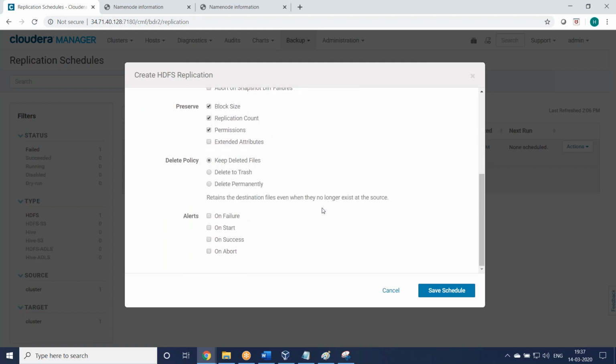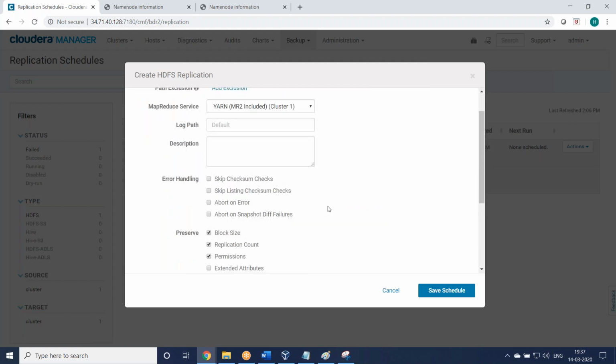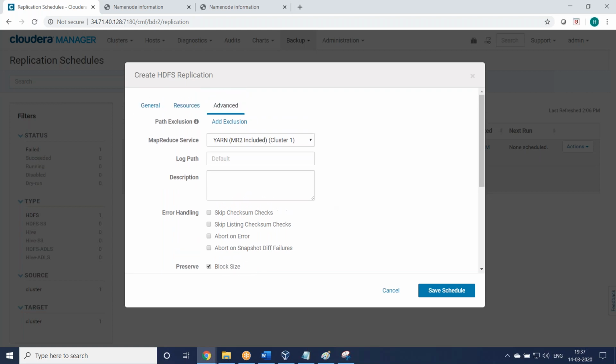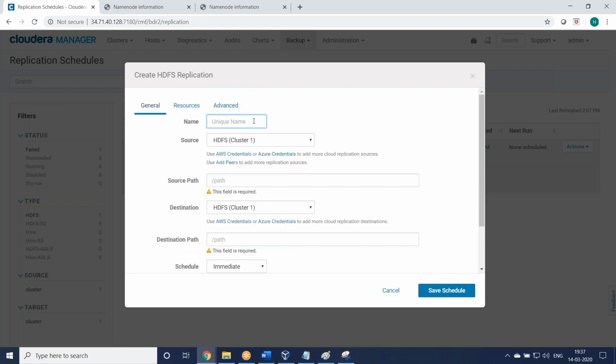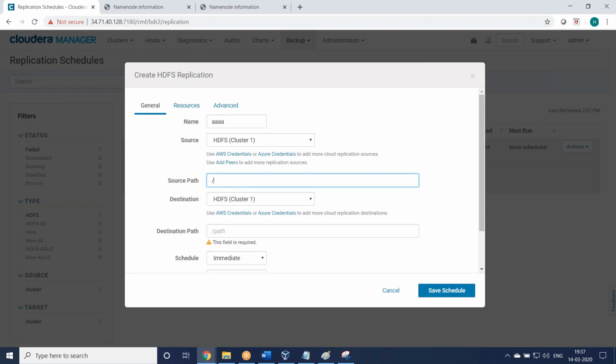Permission, failure, everything is there. Skip checksum, okay. So let us create a unique name. HDFS cluster, source path, okay.